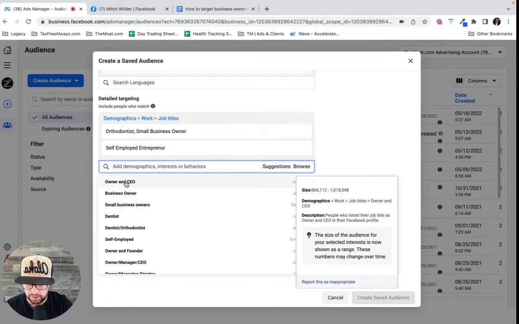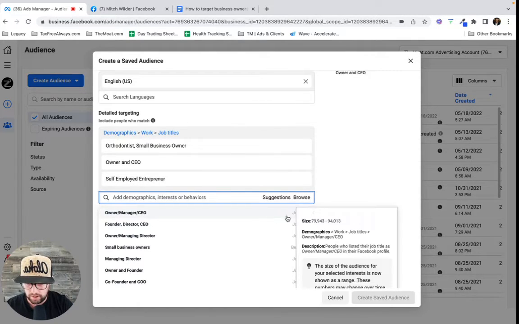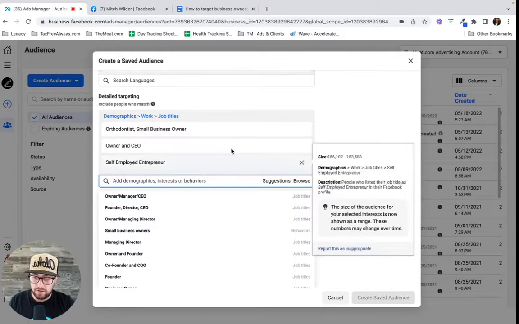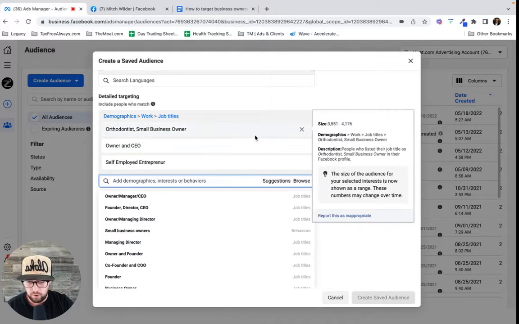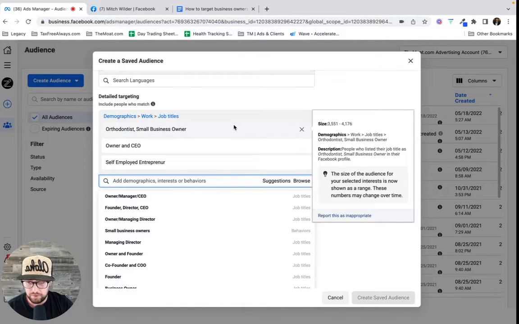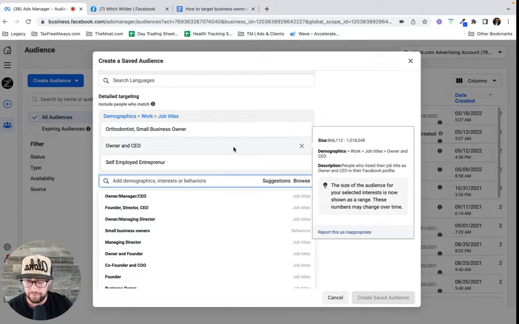So here's another one. We were looking for CEOs before, owner and CEO. As you have more job titles in here, it's going to show you more recommended job titles. Now, when you're using the job title targeting, you'll notice that most of these are quite small, right? So only a few thousand. You don't want to advertise to a market that small by itself. So you may want to group all of these together into their own kind of job title master list and try to get it to at least 500,000, but ideally more like 1 to 5 million people.